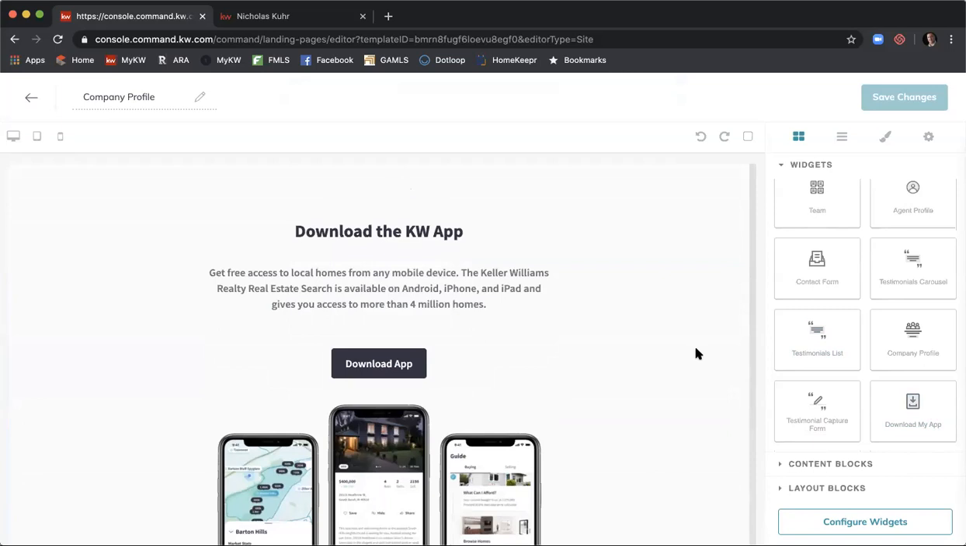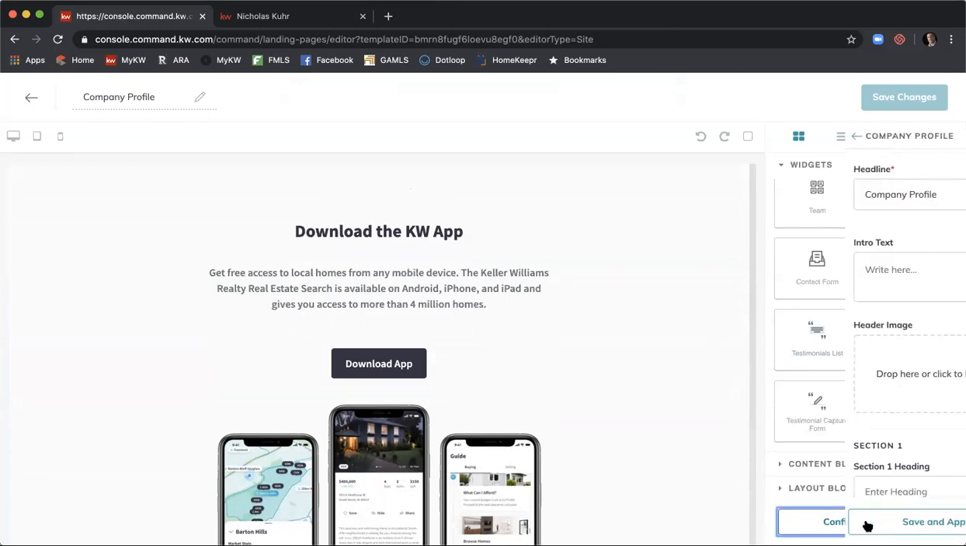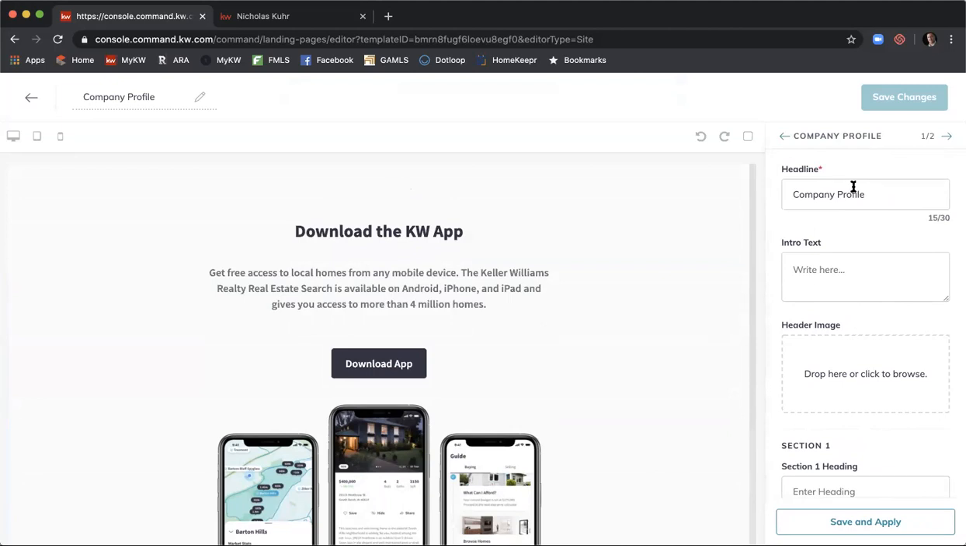Just because, hey, we want to put "Download my KW app" on every single one of our pages. We can do that. And let's say you want to update the copy that's on that page. Come over here to configure widgets, and it's going to walk you through that very similar process that we went through with the Kelly guide. And you can just start updating